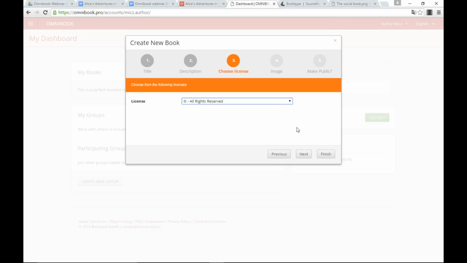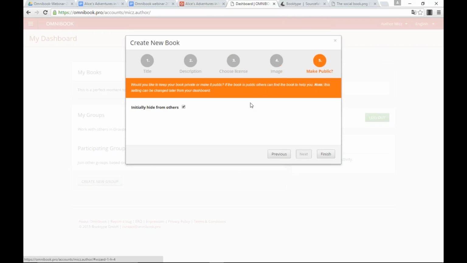Let's stick to all rights reserved for now. I can then add an image. This image will show up in the list of books on the website. I don't have anyone here right now, and I can then decide in the last step if I want to make this book public. Initially hide from others means that I can change this later, but right now as I